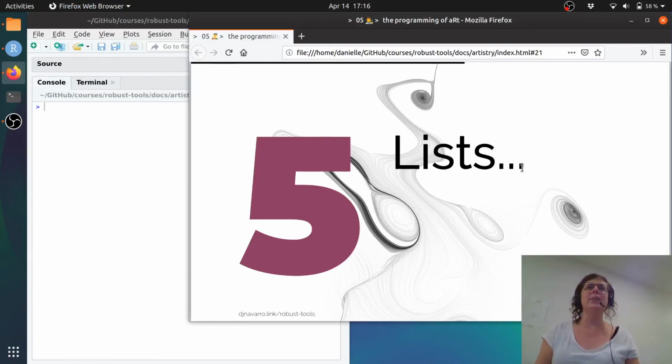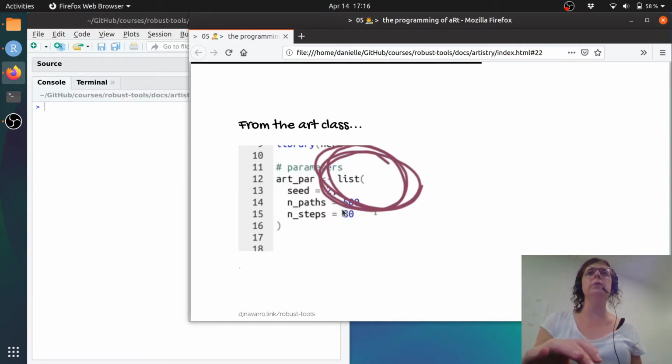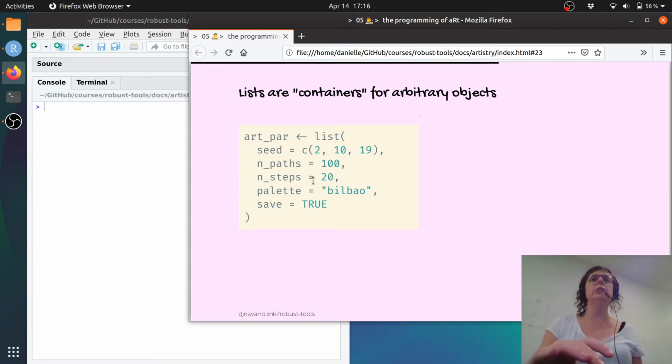Okay, next up, lists. So I told you before that you can't include objects of different types within a vector, but what if you need to include objects of different types? So when I was creating my art, I had this list of parameters, but what if I wanted to have text in there? So a good example would be an object like this, where I need to have 3 numbers